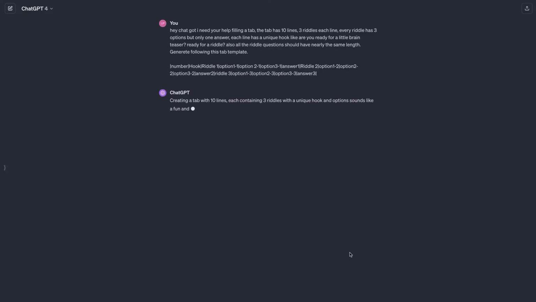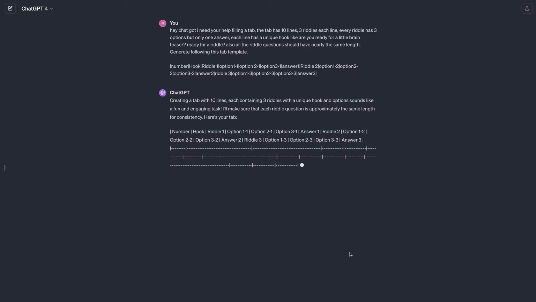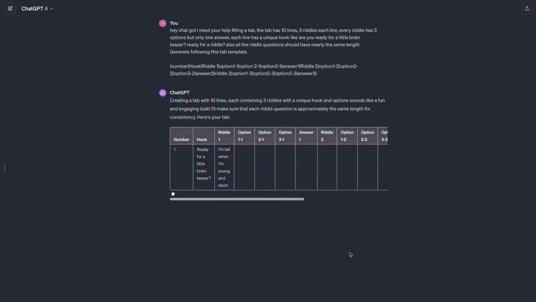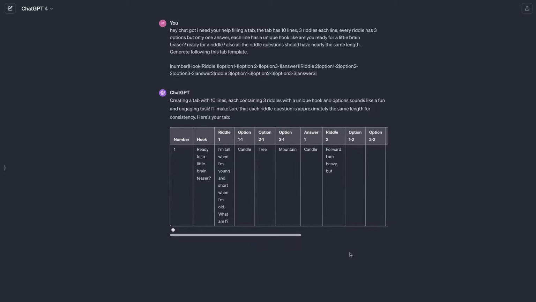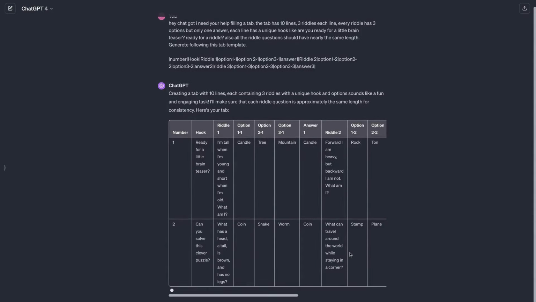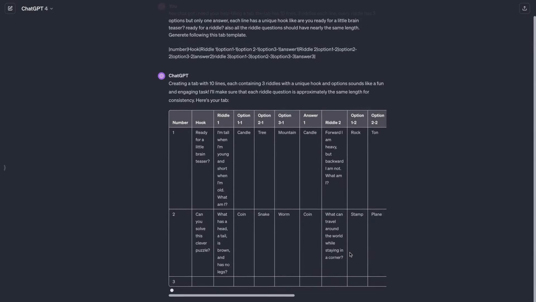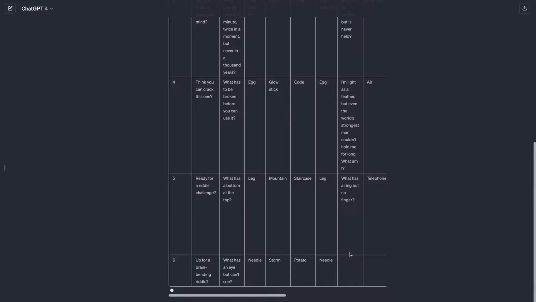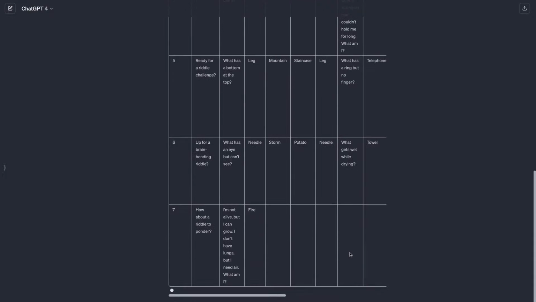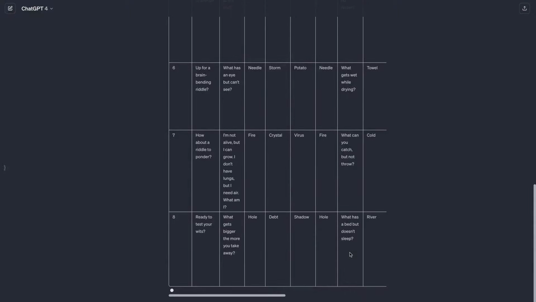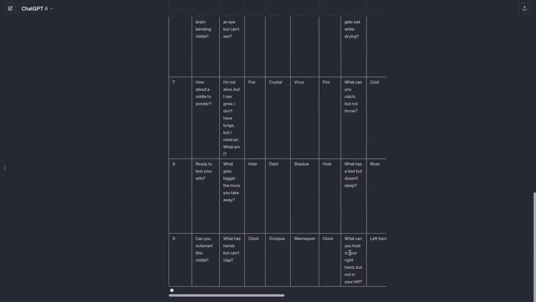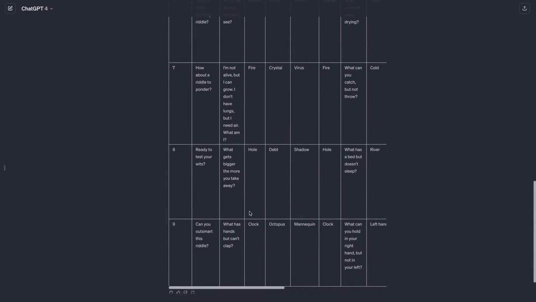Here, we're tapping into its advanced capabilities to generate a list of engaging riddles. Watch how effortlessly ChatGPT crafts unique and intriguing prompts. This isn't just about generating content, it's about sparking creativity and originality. The AI analyzes numerous themes and patterns to come up with riddles that are not only fun, but also tailored to our audience's interests. Each prompt is a blend of creativity and AI intelligence, ensuring that our videos are both